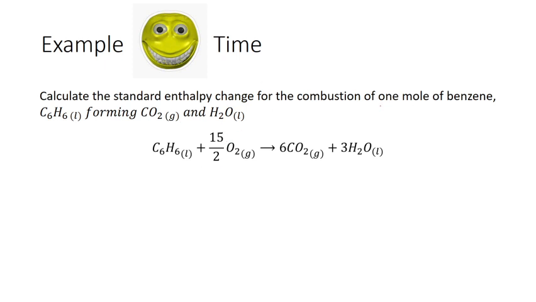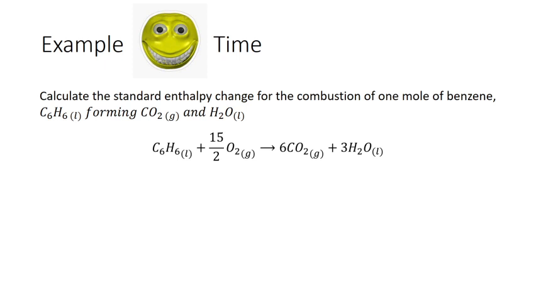And why do we have to use fractional balancing numbers here? Because we have said calculate the standard enthalpy change for the combustion of 1 mole of benzene. And if we are forced to have a 1 as a balancing number for benzene, that means that we must have a fractional balancing number here for O2. And so we do. So now, calculating the enthalpy change for this reaction, we're going to look at the enthalpy